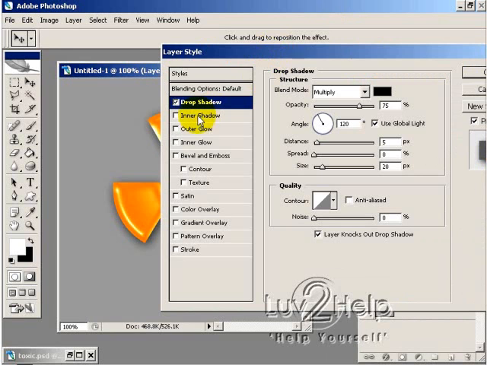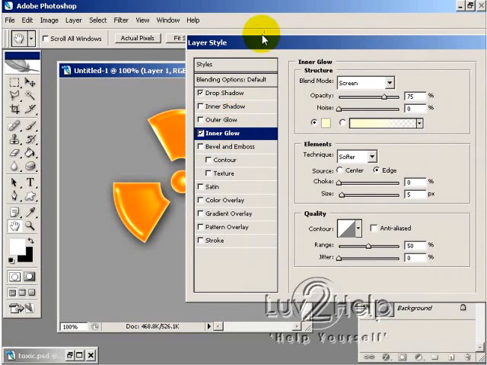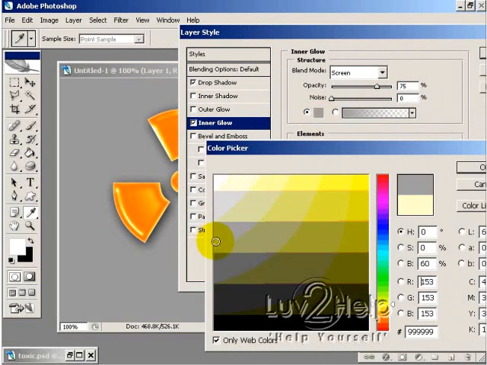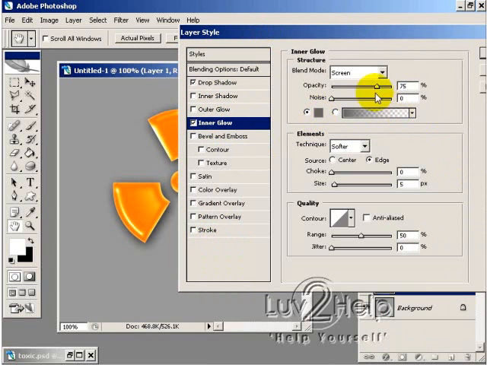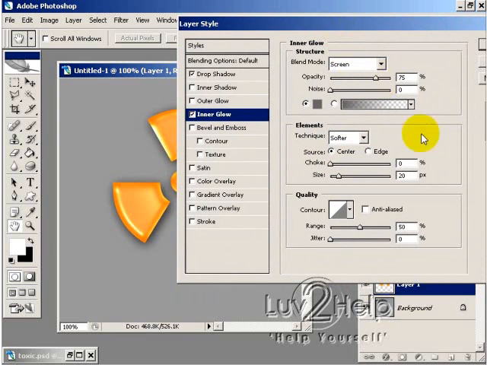Then what we want to do is select inner glow, and as you can see it's like there, though we want to change the color to a grey color, so I'm just going to hit OK for the grey, and then I want to change the size to about 20, and you can do it from the center or the edge, whatever you think's better. So I'm going to choose from the center,